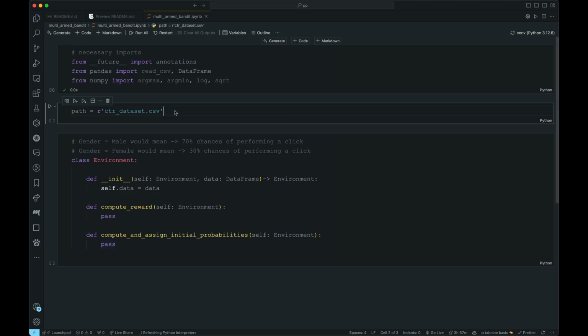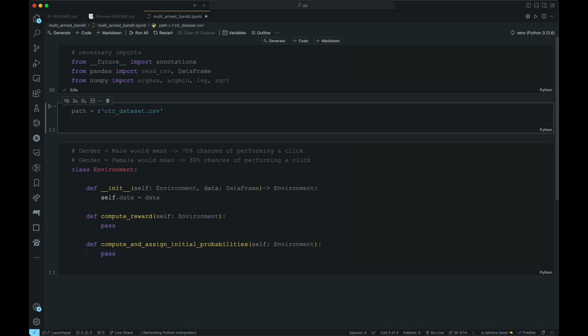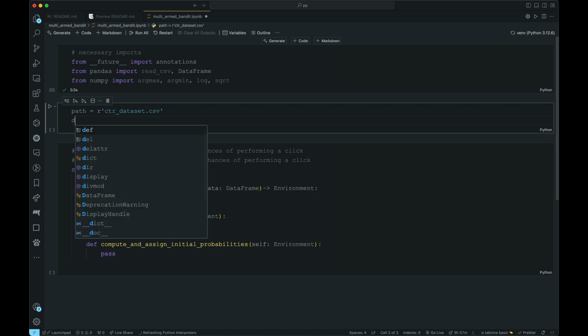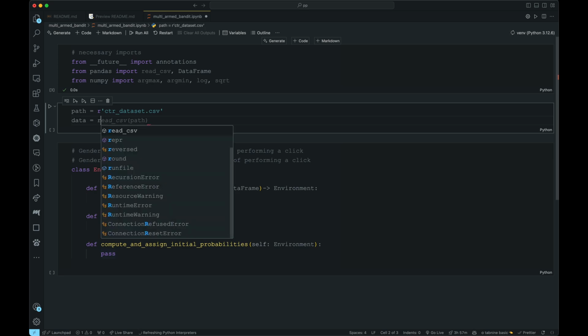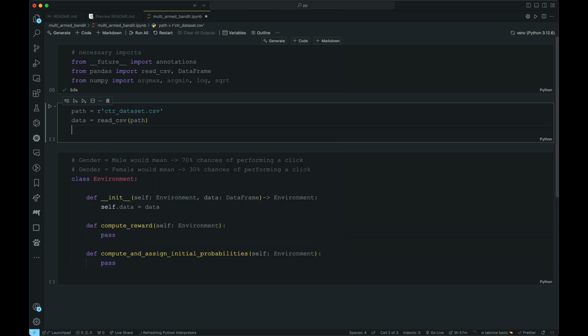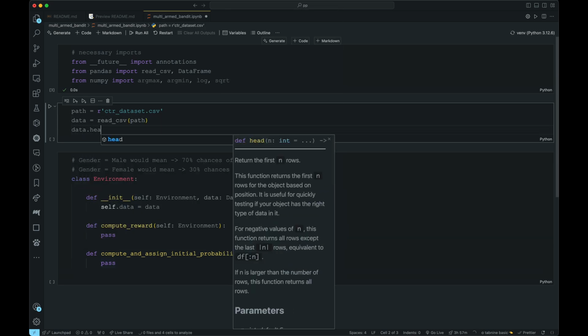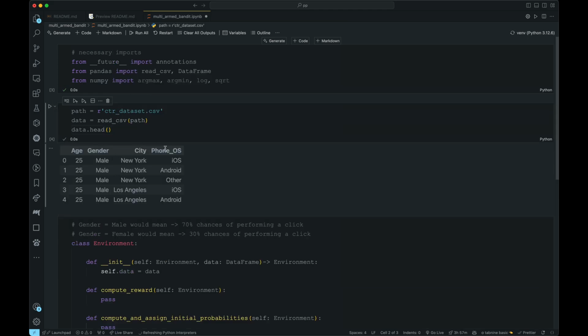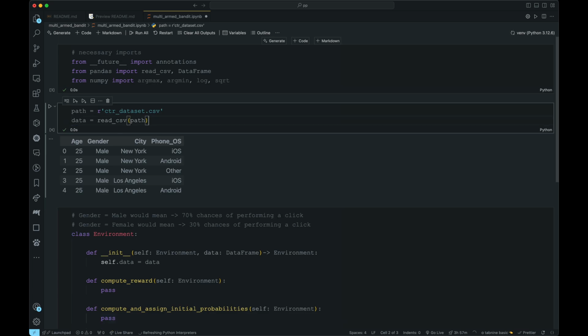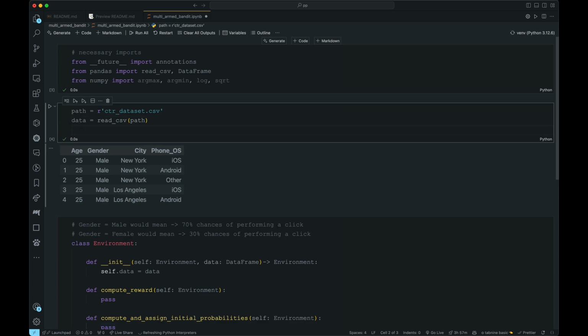Okay, now what we will do is data equal to pd.read_csv of path, and then data.head(). Okay, so we can see that this is the kind of data, and we can find the unique entries by